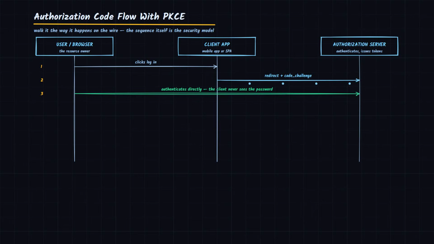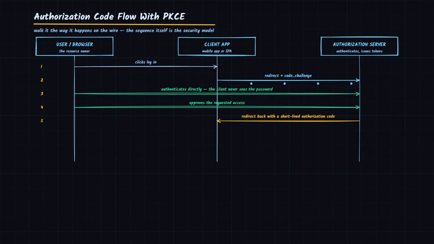That verification step is PKCE, proof key for code exchange, defined in RFC 7636, and it exists to close a specific, real interception risk. On a mobile device or in a single-page application, there's no reliable way to keep a traditional client secret confidential, because the client application itself ships to the user's device, where anything embedded in it can